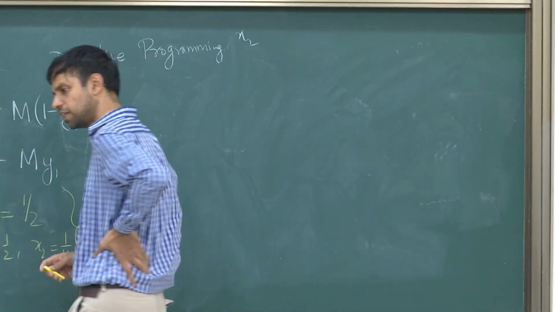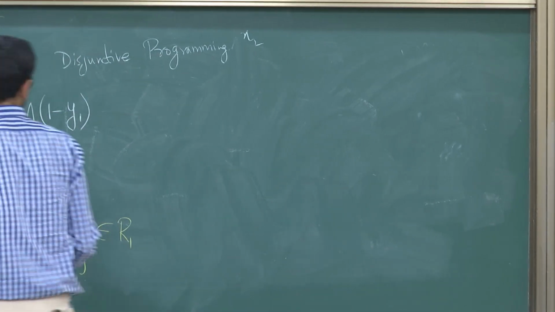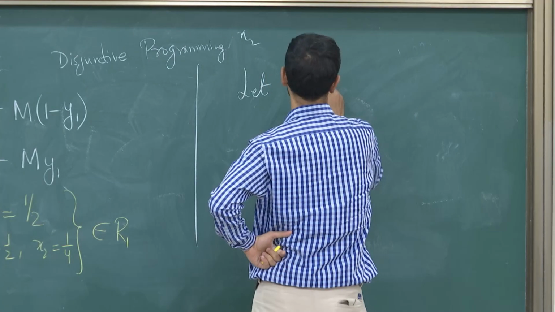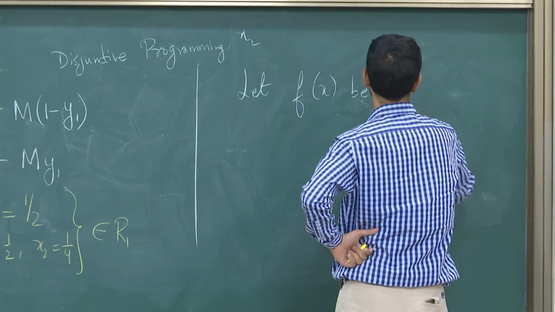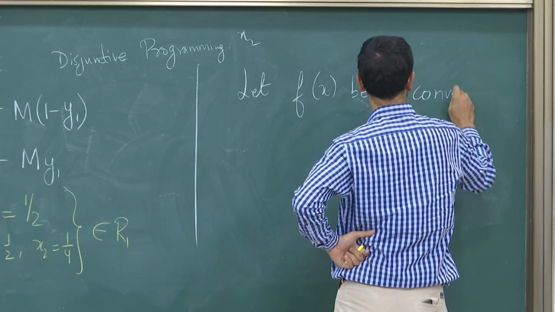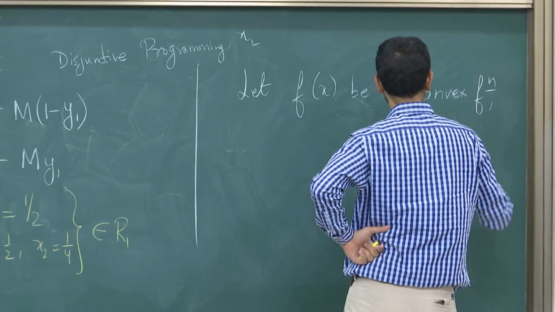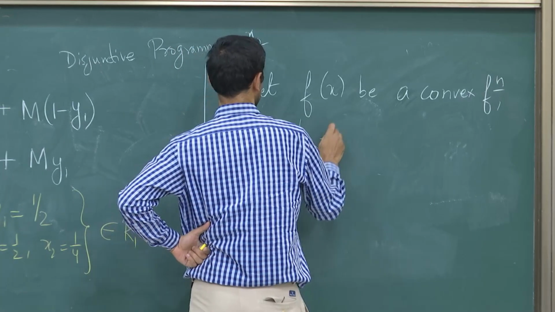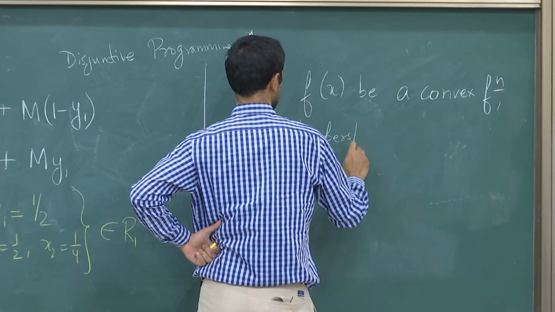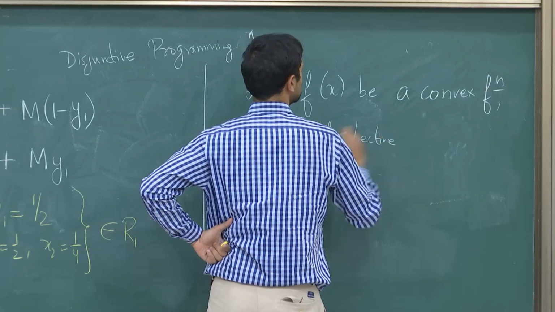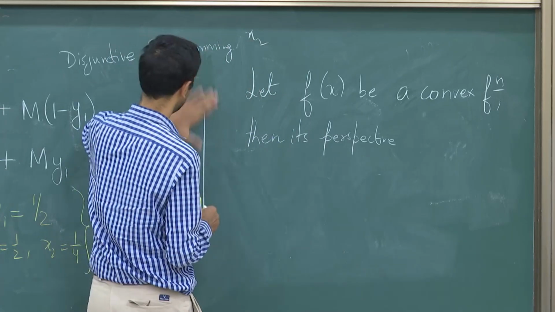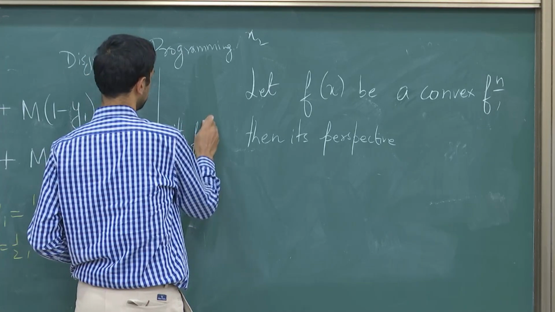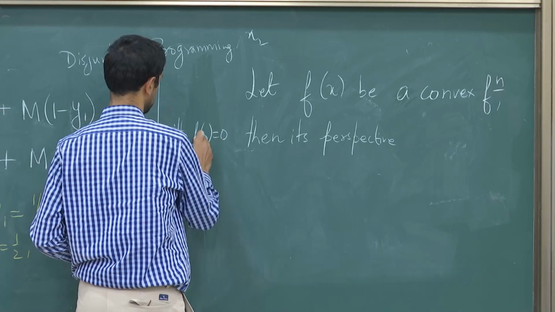So if f is a convex function, let f(x) be a convex function, then its perspective, let's say I'll assume a little bit more, with f(0) equal to 0,